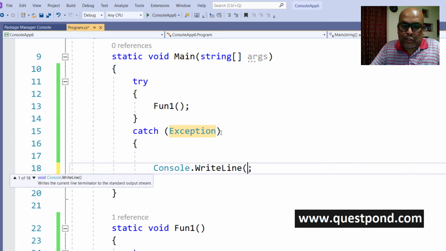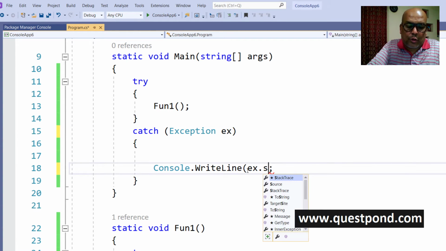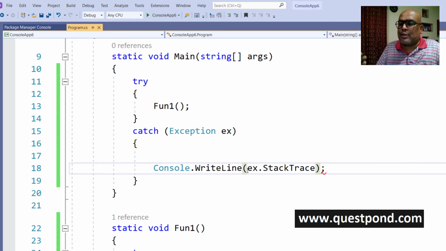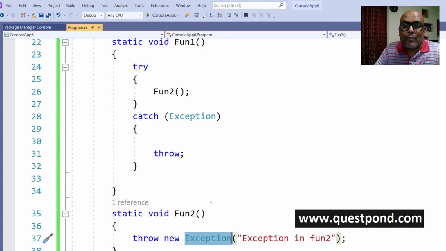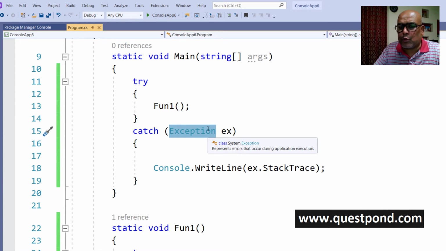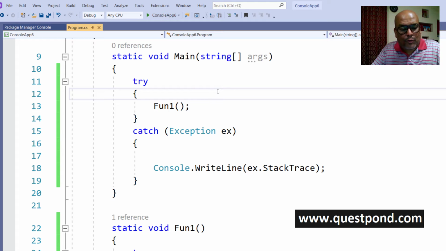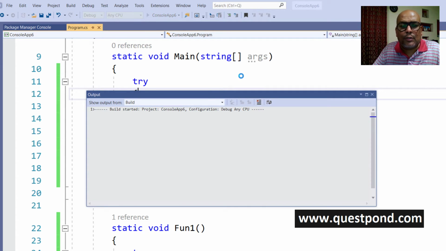the stack trace using console.WriteLine. I would like to look into the complete trace of where the error happened. If you see here, the origination of the error is from function 2, then it goes to function 1, and then it goes to static void main. So I would like to know the complete stack trace of where the error is, right? So if I run this, if I do an F5 out here,